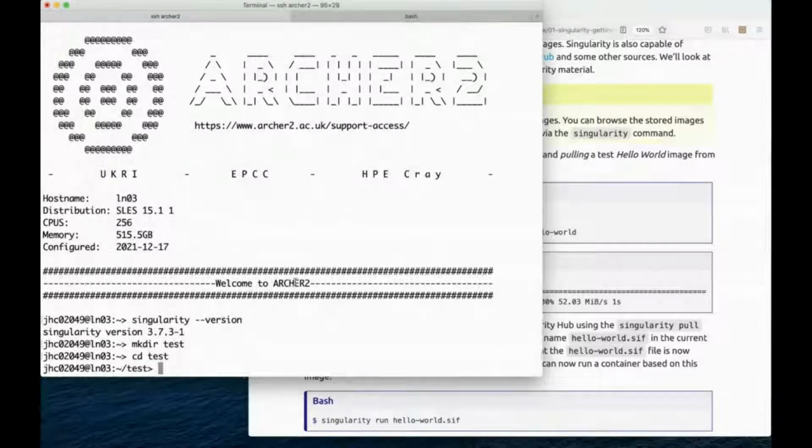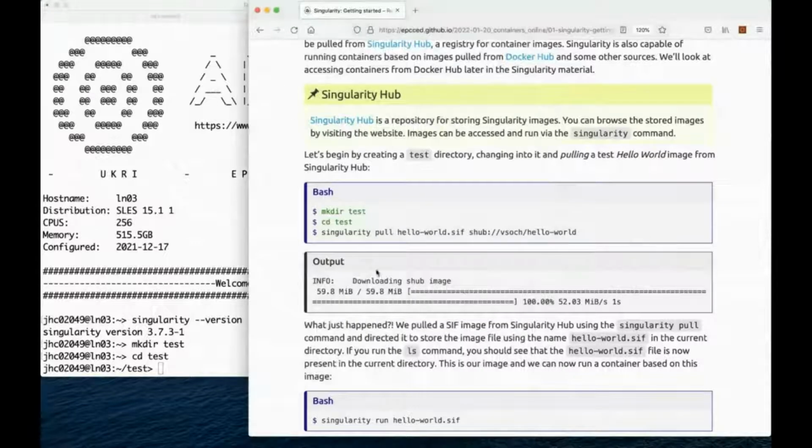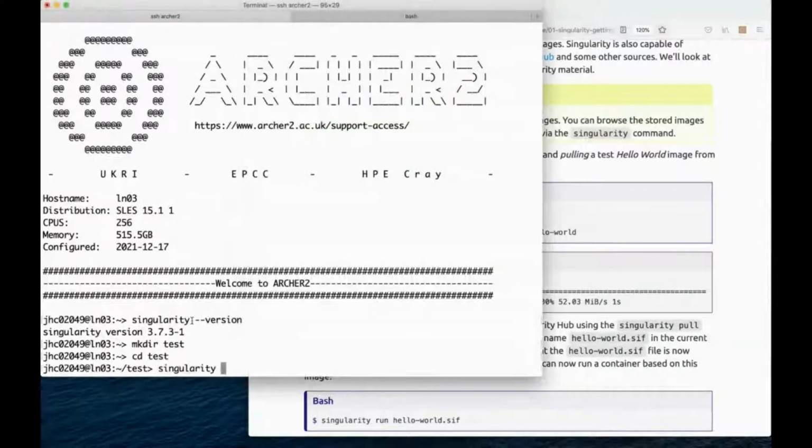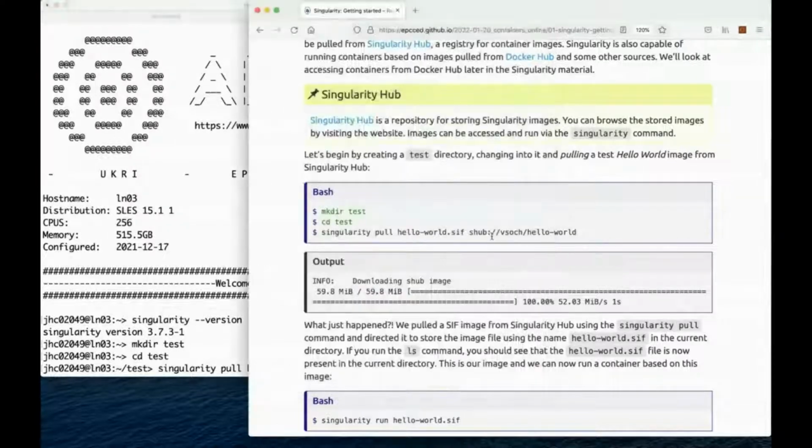So I'm going to cd into my test directory, and I'm now going to use the command that was shown here to pull the hello world image. So how does this work? We say singularity pull, and we then say the file name that we want the image to be stored as. In fact, we can call this whatever we want. We don't actually have to call it hello world, but because that's the image that we're pulling, I'm using that name. So what we're saying is pull into the file hello world.sif, so store it locally in the file hello world.sif, an image from Singularity Hub, and the image that we're going to pull is this